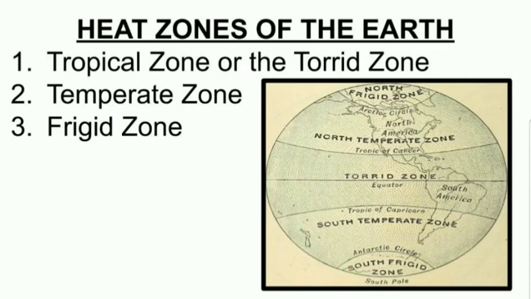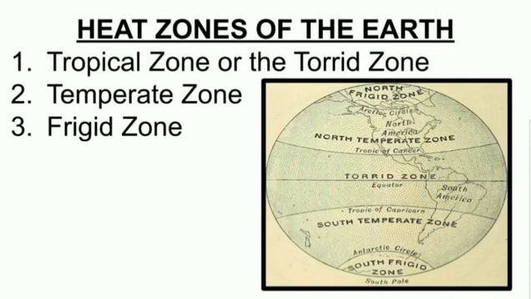Now these two zones, the north temperate zone and the south temperate zone, receive slanting sun rays and are not very hot. And the last zone, frigid zone. Where is this frigid zone? Frigid zone is in the north also, and frigid zone is in the south also. Where is it in the north?